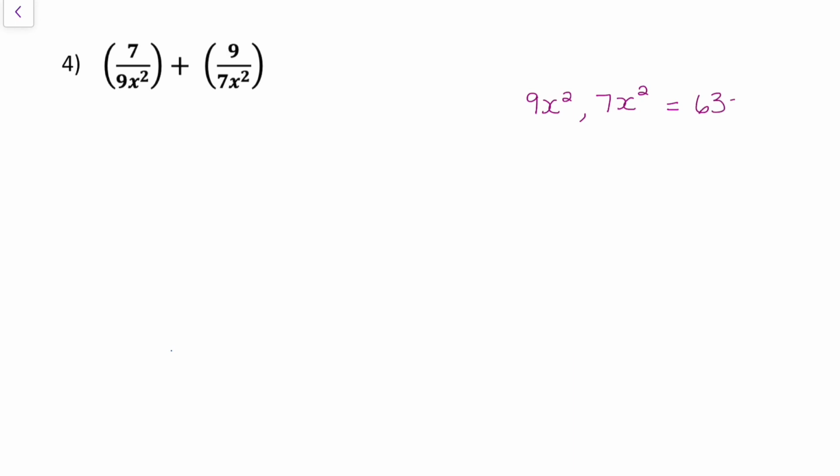And the x squared is the same. So my common denominator there is 63x squared. So to go from 9x squared to 63x squared, I'm going to times by 7. So I get 49/63x squared. And to get from 7x squared to 63x squared, I'm going to times by 9. So I get 81/63x squared. And if I add them together, I get